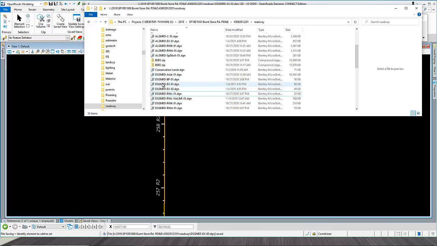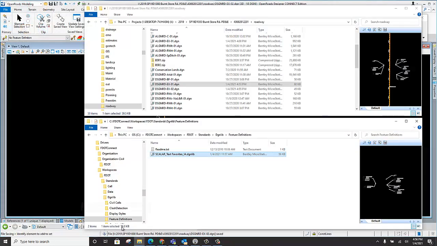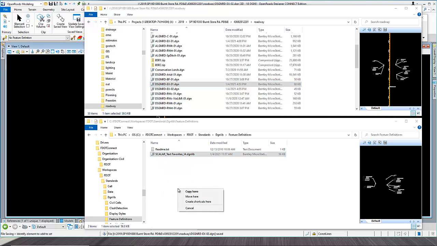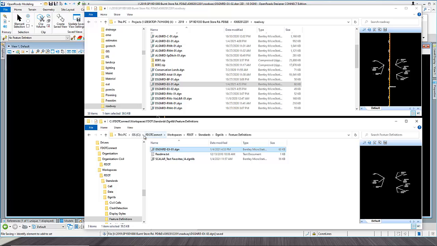I'm going to take this EX1 file that we created, and I'm going to copy it over, or move it over, whichever would be the case. I'm going to copy it over to this specific folder, which is in the path. Okay, it's on your C drive, wherever FDOT Connect was installed. You have your FDOT Connect workspace FDOT standards dgnlib features definition. You're going to go ahead and place that file that you created, these text favorites that you have,